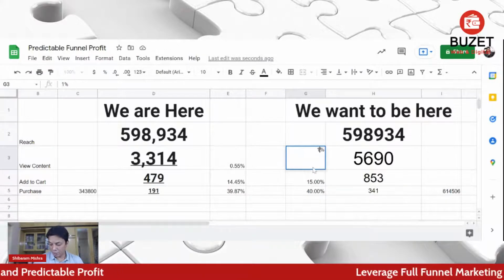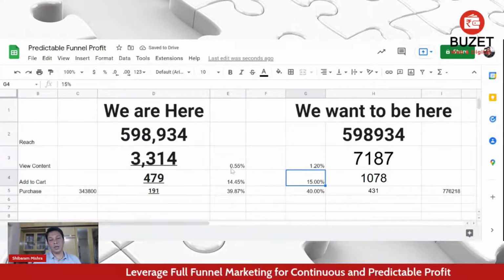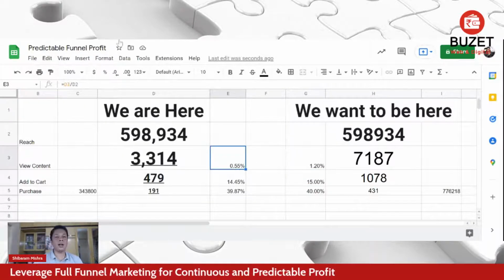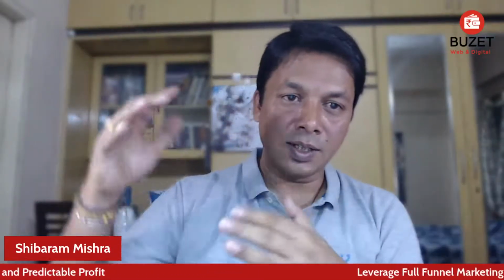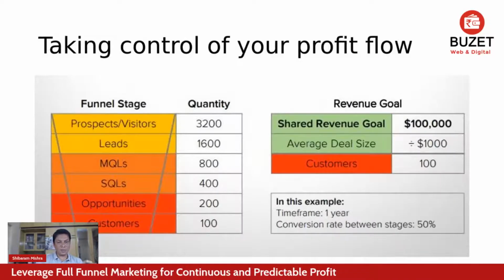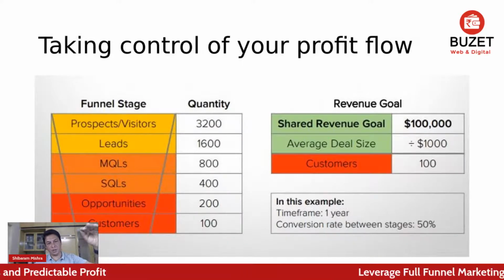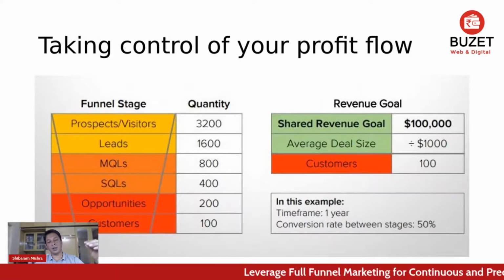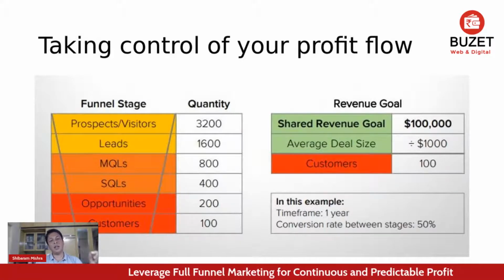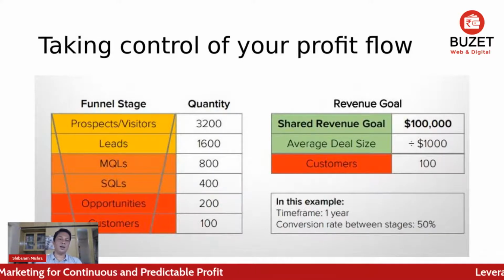If I make it 1.2%, the revenue becomes more than double. So a small change here at the CTR level, or the root level, can give you higher returns at the bottom of the funnel. This is very, very powerful, guys. And this can be done only through tracking the data. If you have this kind of thing for your system, you need to track each and everything: how many impressions, how much reach, how many clicks, what is the click through rate, what is the engagement rate, how many landing page views, how many add to cart, how many initiate checkout, how many purchases.